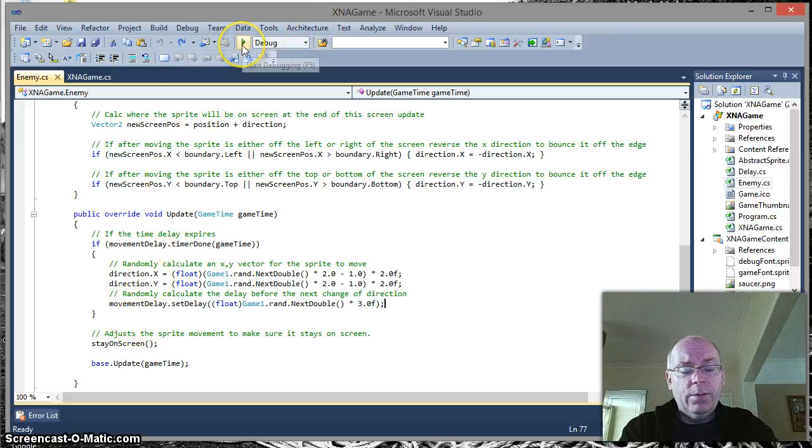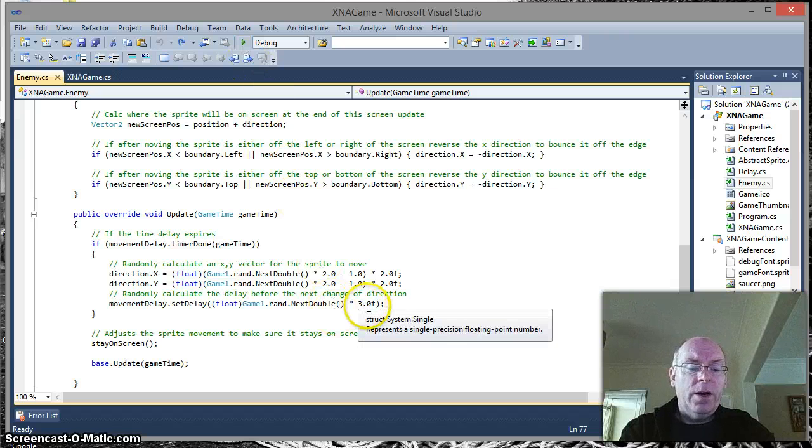Right, so if we run that, what should happen now is our sprite will appear on the screen, and then randomly it will change direction, and it will be at different amounts of time. Obviously, because I've multiplied by 3, the most it will be is 3 seconds before it changes direction. Okay, so if you're thinking about a value between 0 and 1,